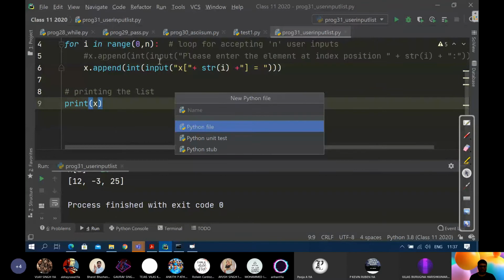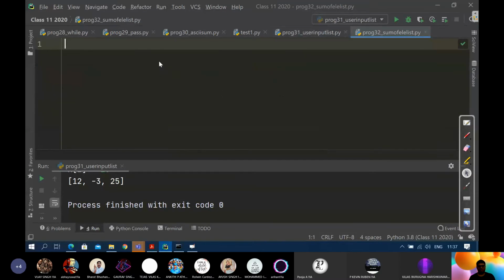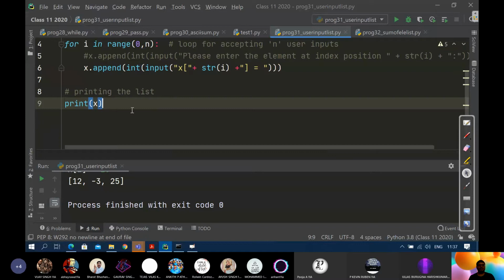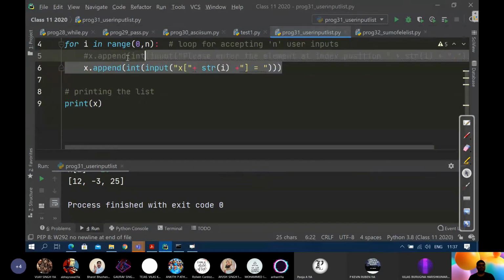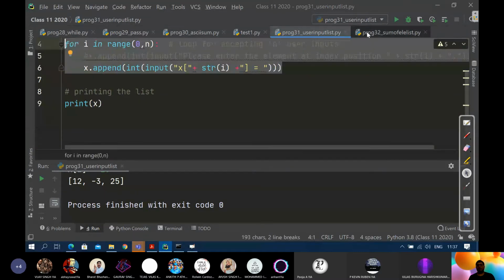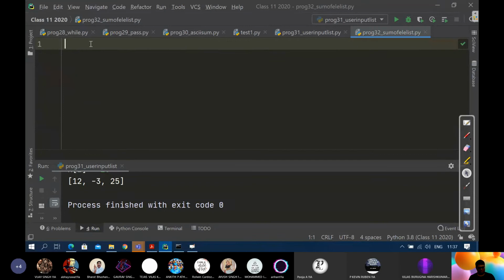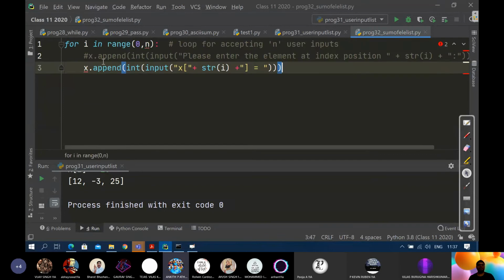I'll use the same program, and I'll also tell you one important thing about it. So from the previous program itself, I'll copy. Ankit was saying we need to learn the list function, sum function; there is nothing like that.